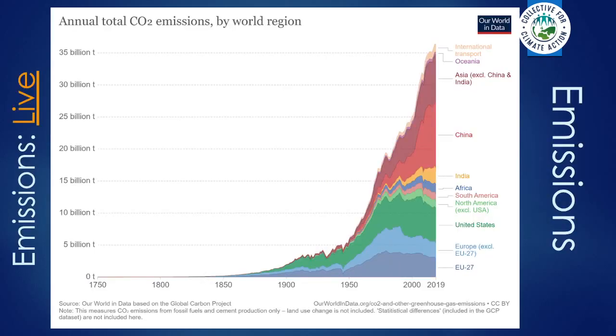But basically, our emissions are going up, and they've continued to go up. COVID put a little stopper on that, and this only goes up to 2019, but they have recovered since then. So they're still on the same trajectory as they were before. And that's to be expected, because we're just going to want to get our economies back on track. So we're putting it off again. We're kicking the can down the road for a bit longer.